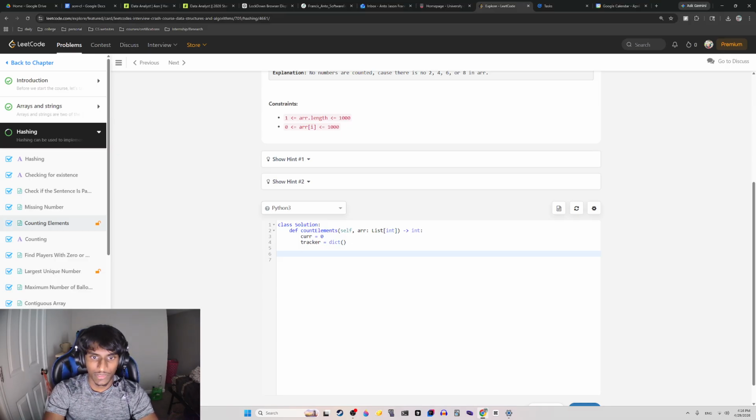So for I in the array, actually I think we can just go through the array itself. For I in array,